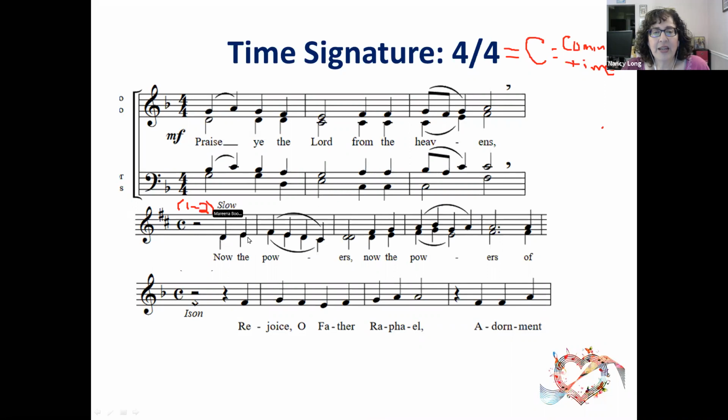And note that here, the stems are going up and down from the same note. That shows us that the altos and the sopranos are both singing the same note in this whole first part of the line. And then we have 4 quarter notes comprising 1 measure. And then we have 2,